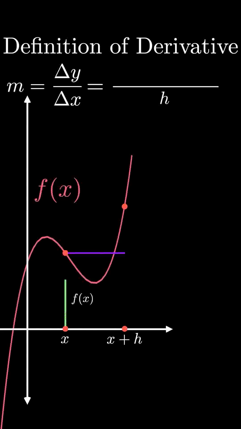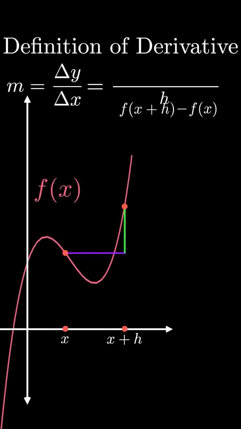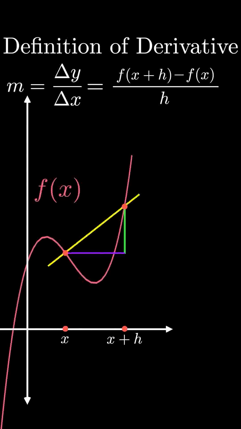Then, these points have a height of f of x and f of x plus h respectively, so the change in y is going to be the difference between these heights, that is f of x plus h minus f of x. But really, this just gives you the slope of this function between 2 points at a distance h